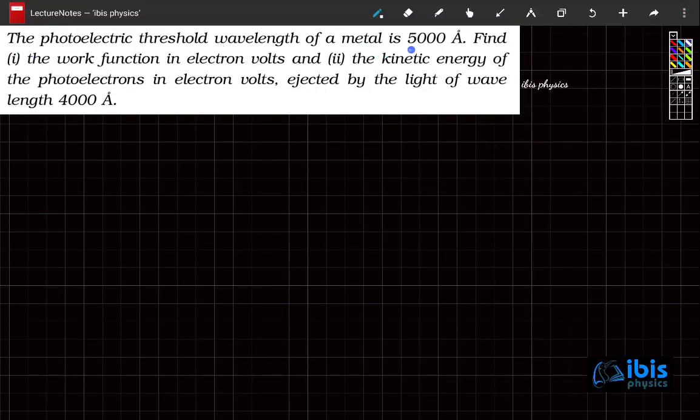The threshold wavelength of a metal is 5000 angstrom. Find the work function in electron volt and the kinetic energy of the photoelectron in electron volt. It's a very simple question. If you know the previous thing very clearly, we said lambda equal to